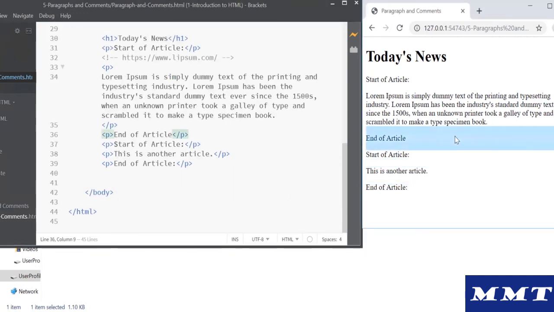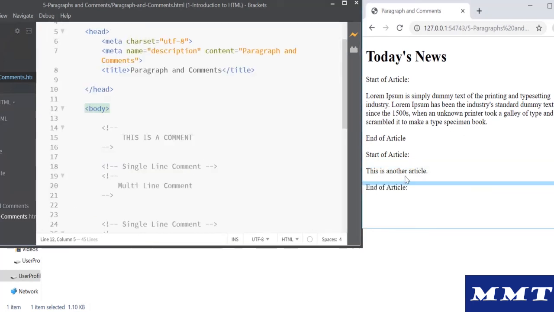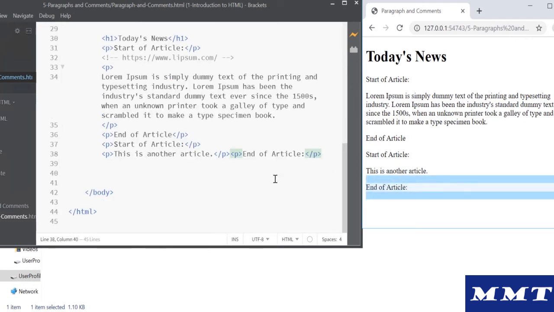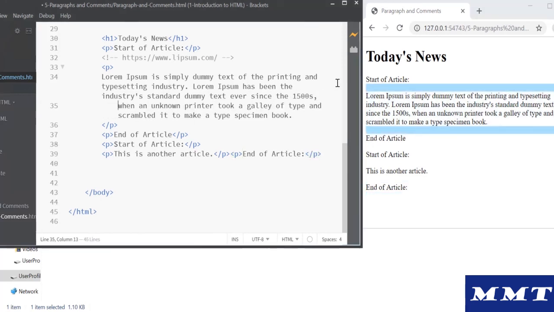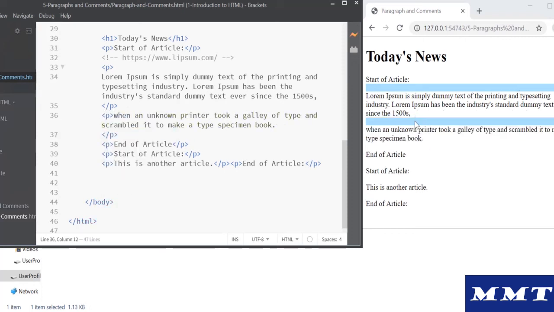So if you observe properly, every paragraph is on a new line here, even though the paragraphs are not written on a new line in the code. By default the browsers are adding a new line for your paragraphs. Like a heading has a new line, even a paragraph has a new line. So you have to be careful when you deal with paragraphs, and if you really want a new line, then you go ahead and add paragraphs to it. Let's say you want to add a paragraph maybe after 1500. What you can do, simply say end of the paragraph, start of the paragraph, and that's all. You get a new line here.